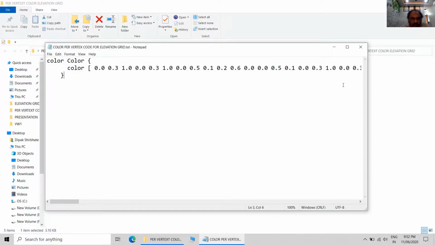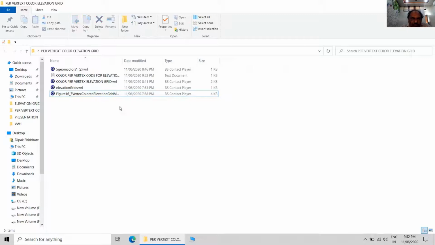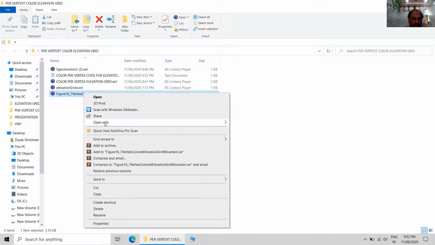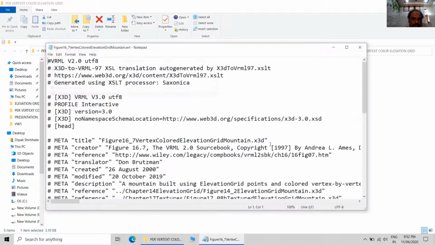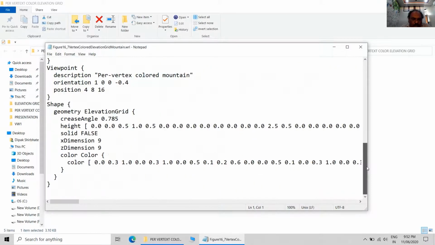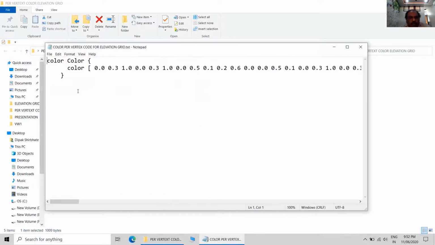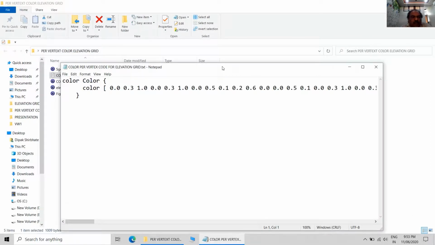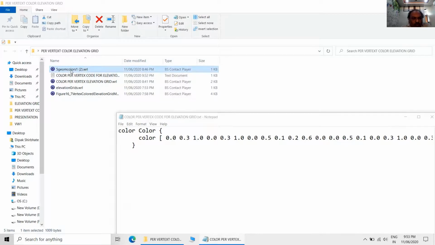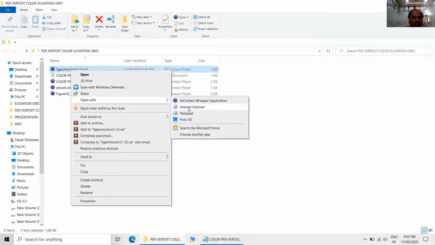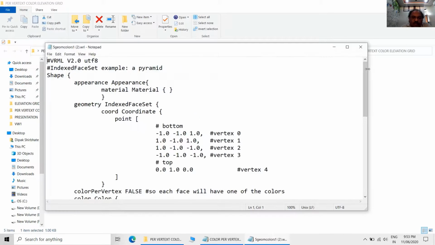This is the color per vertex code for the elevation grid, and I have copied this color code from the mountain.